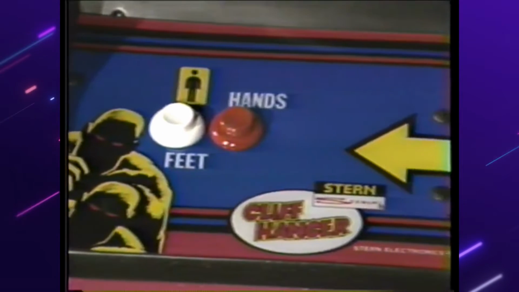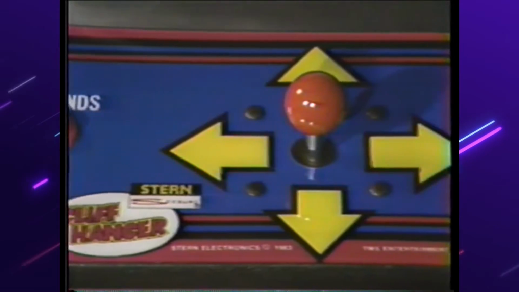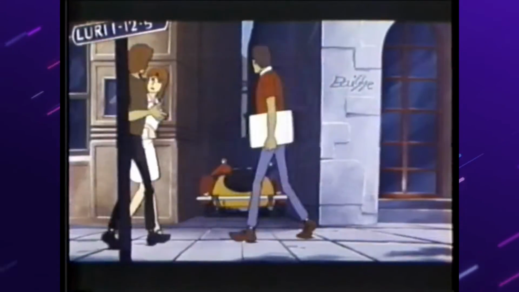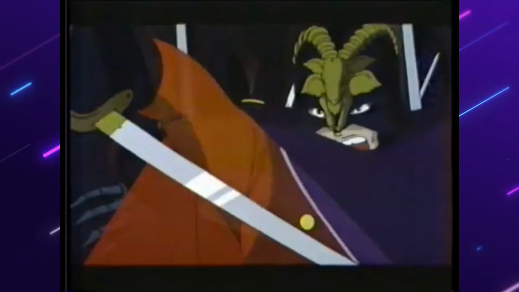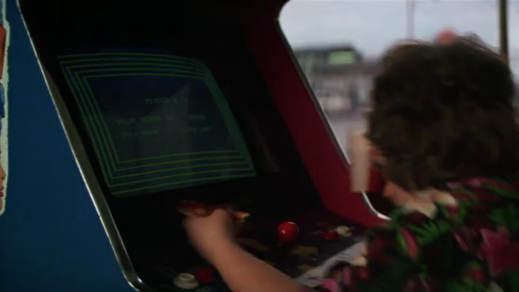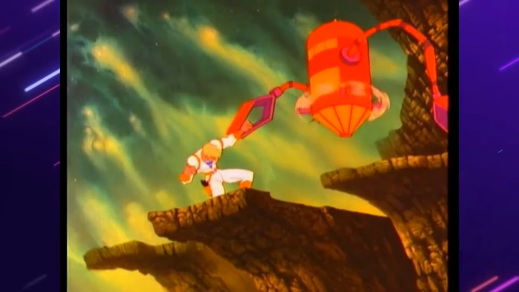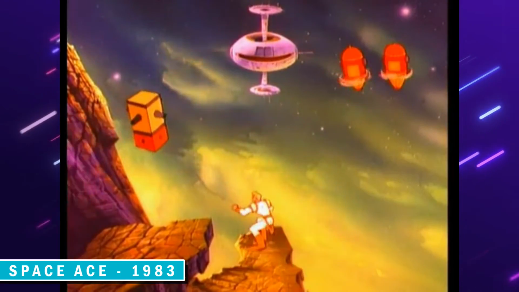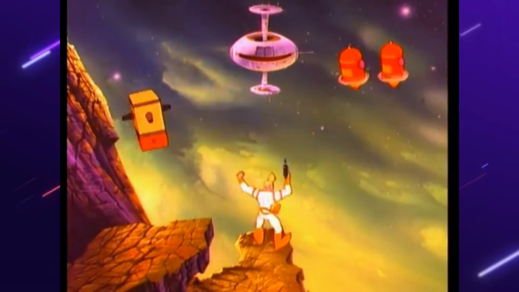It had a similar control panel to Dragon's Lair with a joystick, but this time had two buttons in place of the sword button for controlling the protagonist's arms and legs. Chunk can be seen playing a Cliffhanger cab in the intro to The Goonies. Later that year came another game from Advanced Microcomputer Systems and Rick Dyer, again teaming up with Don Bluth's studio,